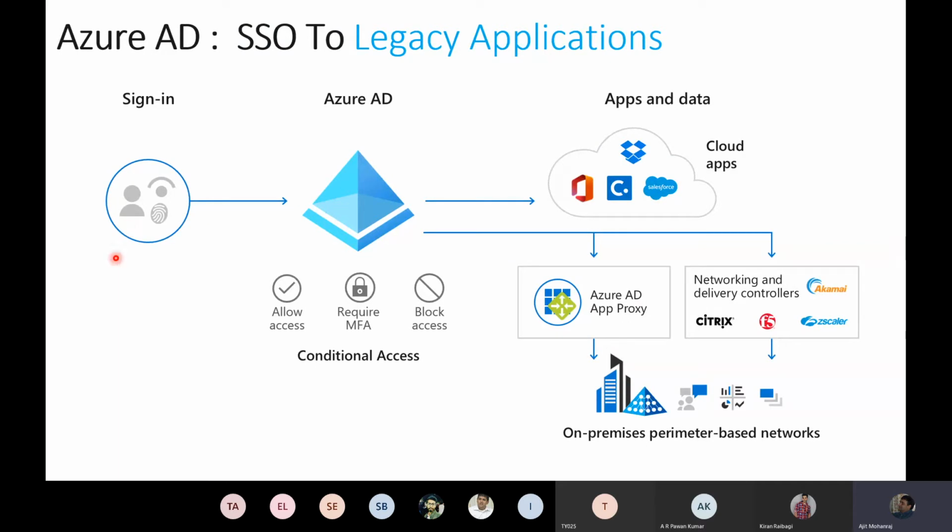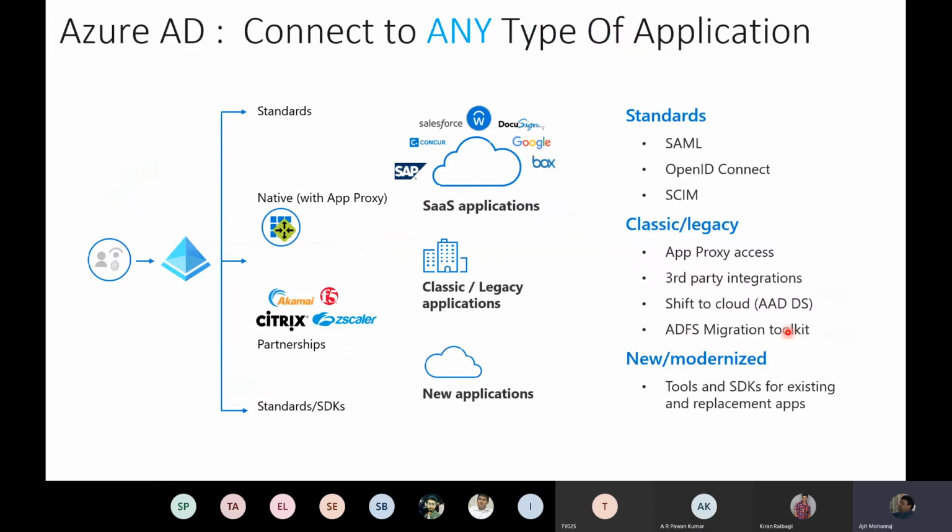So if you're somebody who's signing in and you're trying to get onto your on-premise applications, I will proxy you through my Azure AD App Proxy so that you still continue to have that single sign-on experience, right? If you're using application delivery controllers like Citrix or F5 or Akamai or Zscaler, we work beautifully with them as well, right? To give the telemetry information back to them or take telemetry information from them. So the point is legacy applications, not a problem. And the point is with Azure AD, and once it's connected to your on-premise AD, if that's the way you want to go, I can give you a single sign-on to SaaS, classic, legacy, or even new applications with new tools and things you're doing.